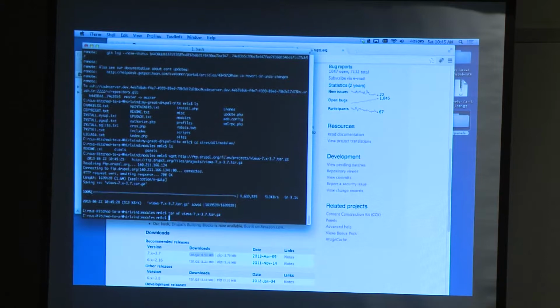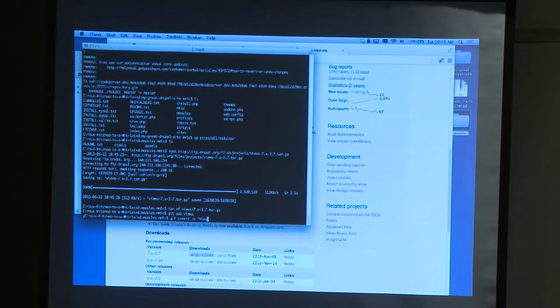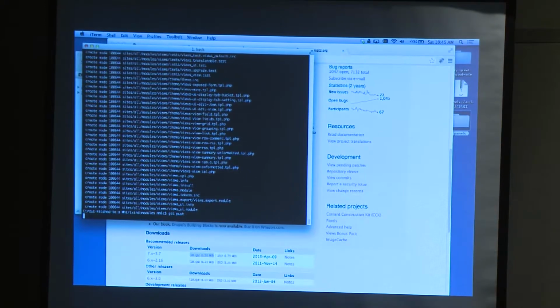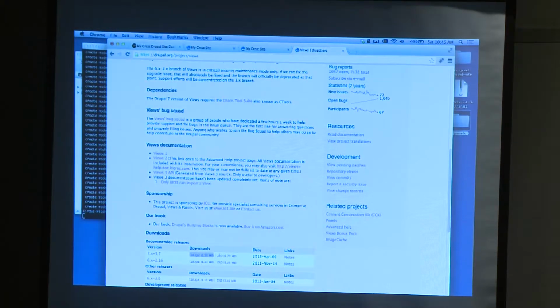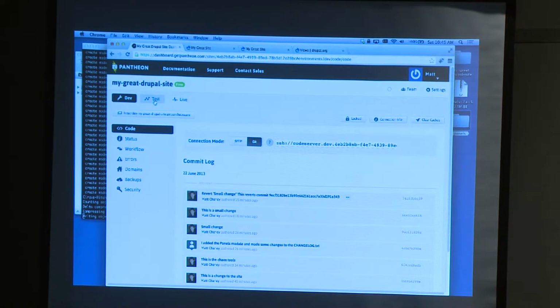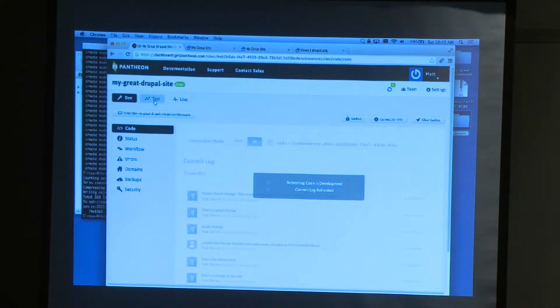Views obviously isn't going to break the site, but one of the things that definitely matters is you want to make sure that when you push code live, you don't break the site. The reason to have the test environment is that you want to be able to make sure that anything you push to production is not going to break. And the key here is that